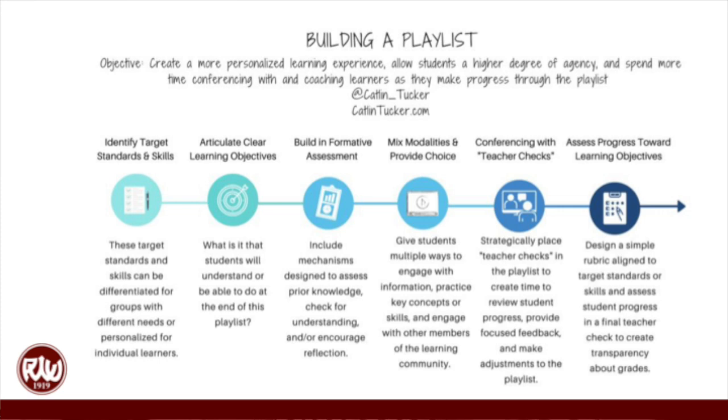It should not be just one modality. There should be mixed modalities, different ways. There should be choice for children. And teacher checks where there is an opportunity for the children to seek advice and support from their parents, from their teachers, and from their peers. And finally, there should be an evidence of the learning, that there should be some kind of a portfolio where a progress can be identified.